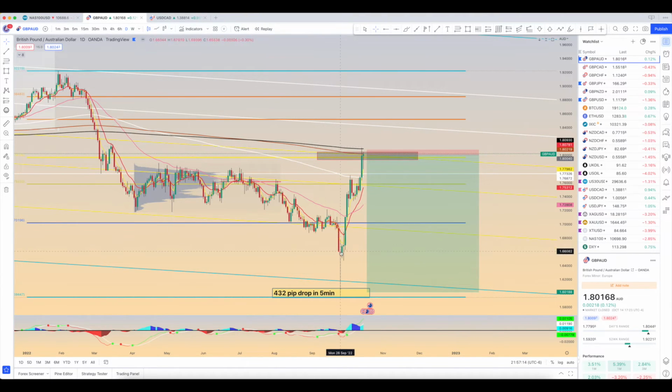And one of the reasons too, I believe it's going to be dropping is because, as you can see, I made a little note, 432 pip drop on the 5-minute. I made this note a little while back, but I think it's going to come into play when it finally starts pulling back into that area. This is just a lot of imbalance left in this specific zone. So that's why I do believe we're going to be seeing it come back to that point eventually,